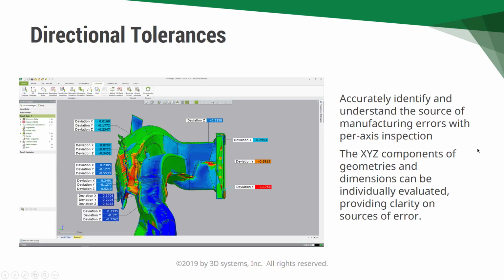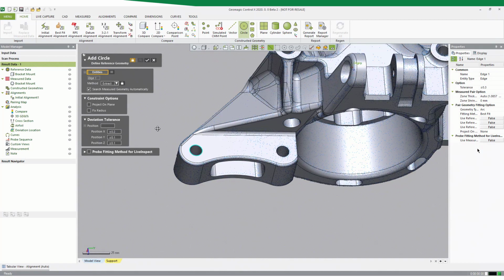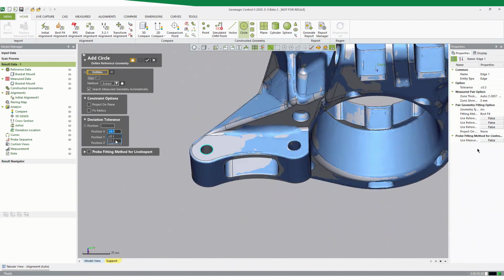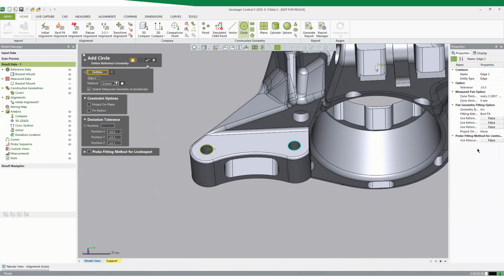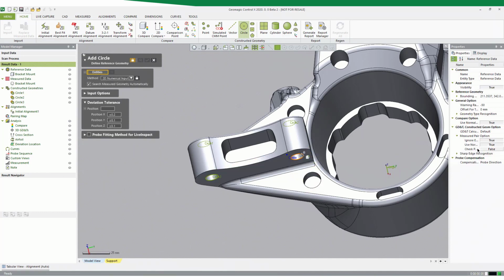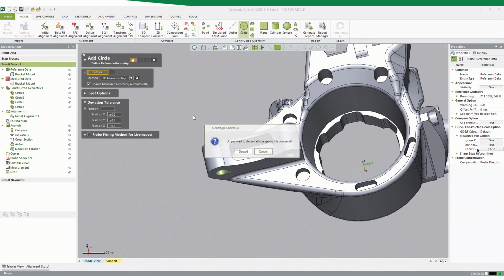And in this example, we'll add separate tolerances to the circle in the deviation tolerances section. So you see inside of this circle, down below we have deviation tolerance, and you can control the X, Y, and Z tolerances separately now. So then you can even change it and create a different tolerance on a different circle. So now you see that I've created 4 different circles on the model